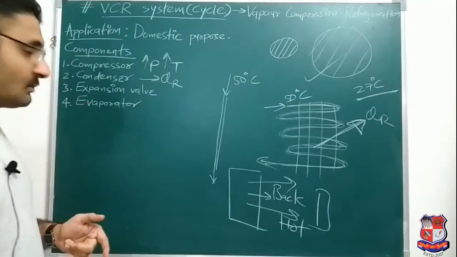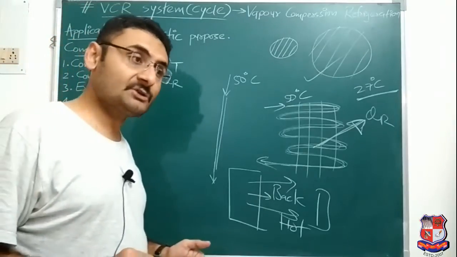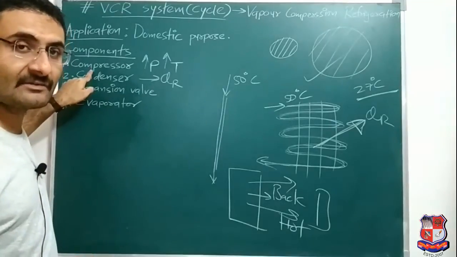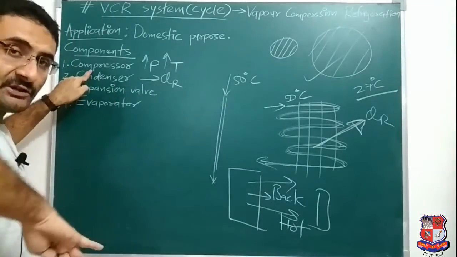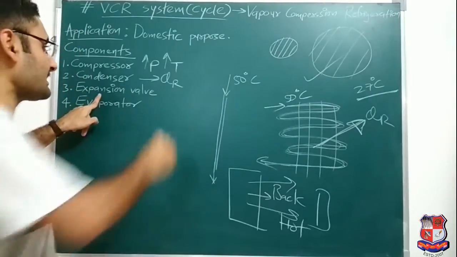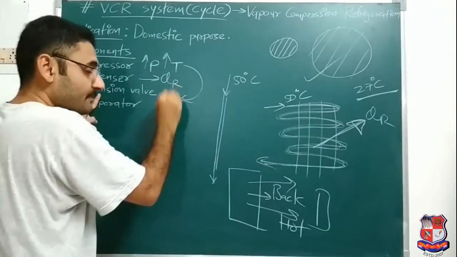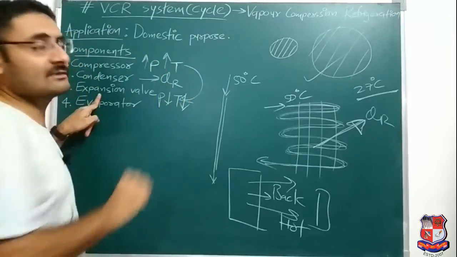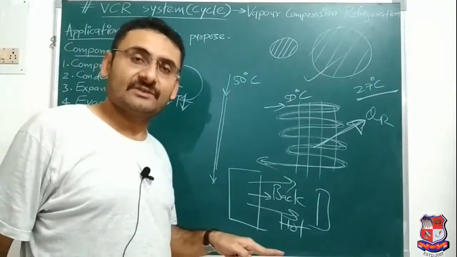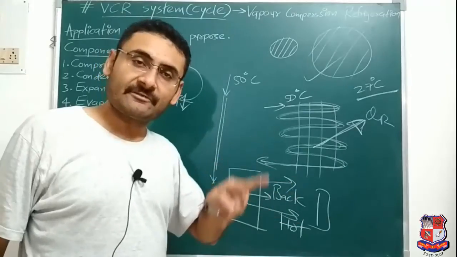Now next part we will go to the expansion valve, or you can say throttling device. Now what is the function of the expansion valve? We have seen what a compressor does: the compressor increases the pressure and temperature, and the opposite of compression is expansion. So in the expansion device, the same thing happens but in the opposite direction. Pressure is decreased. If pressure is decreased, obviously temperature is also decreased. So the function of the expansion device is that it is a device used to decrease the pressure and temperature of a refrigerant.